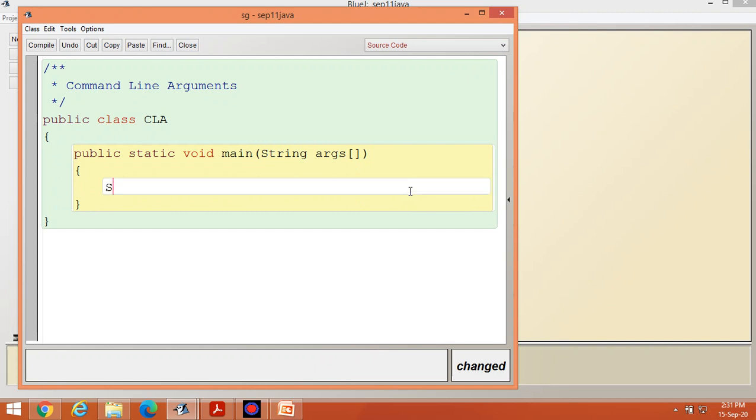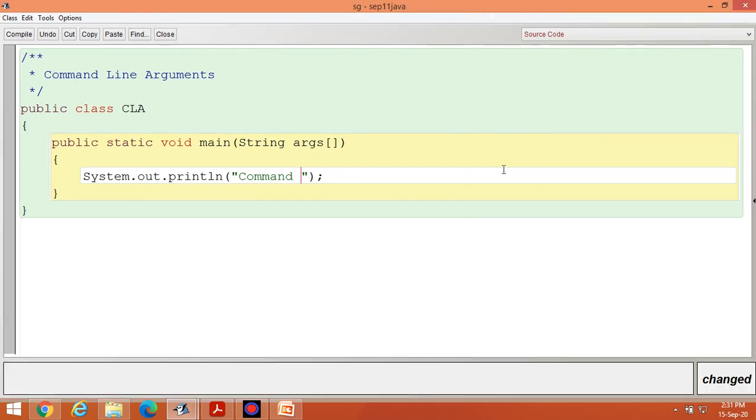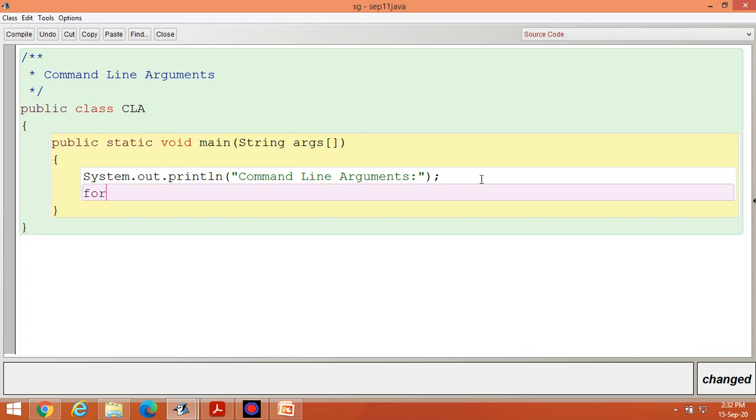Then System.out.println. Here you can write command line arguments, or list of command line arguments. You can use a for loop.